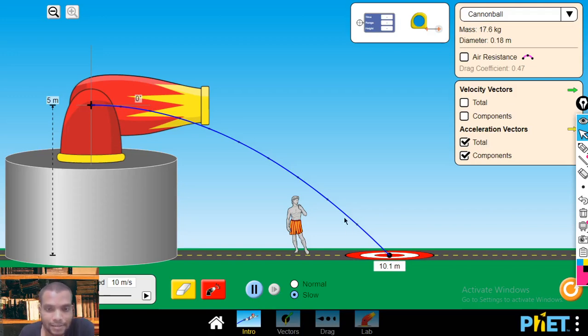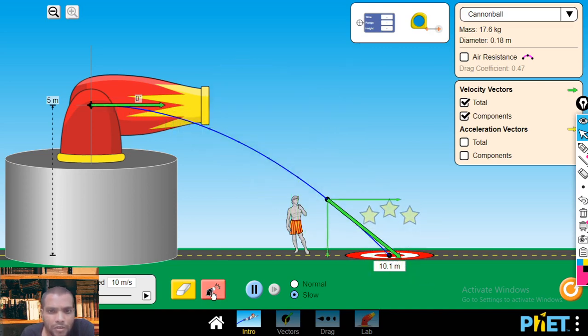Hi guys, I am discussing projectile motion. In projectile motion, it's a two-dimensional motion. When an object is in projectile motion, its velocity is resolved into corresponding components, its horizontal component and vertical component. The specialty in projectile motion,